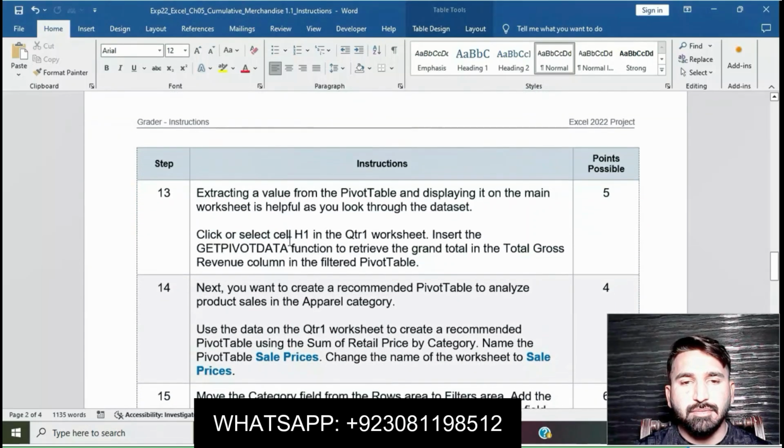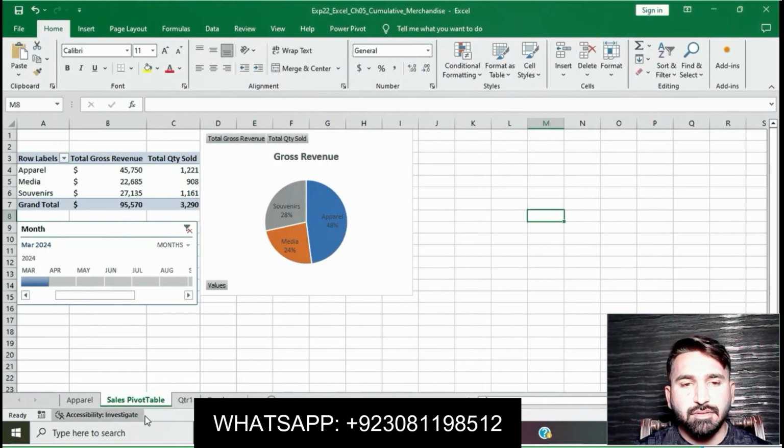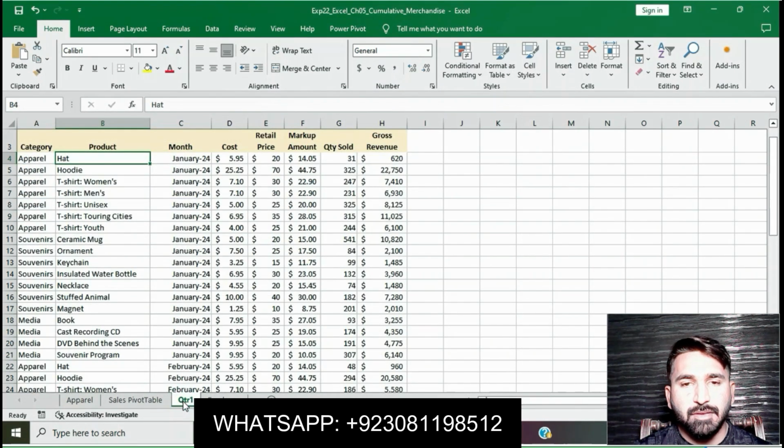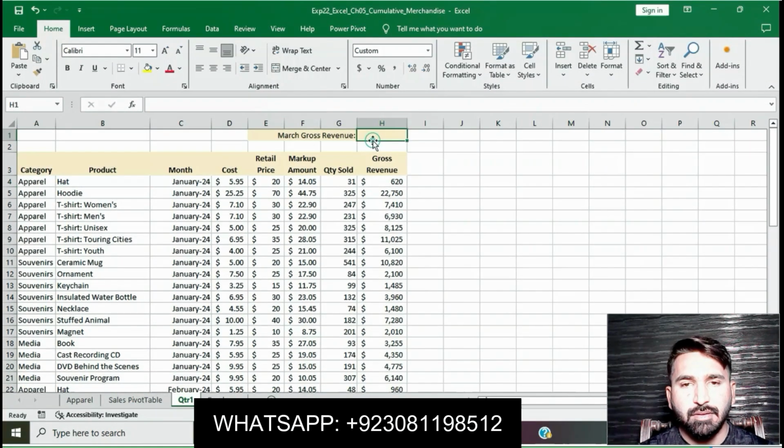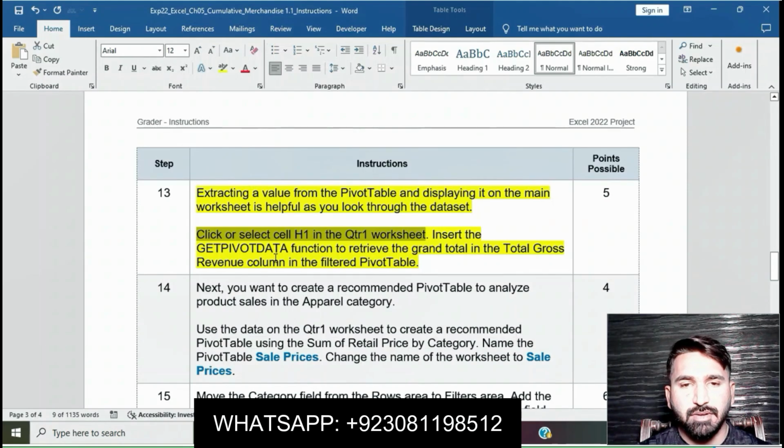Step number 13 is to click or select cell H1 in the QTR worksheet and insert the GETPIVOTDATA function. Go to the QTR1 sheet, click on cell H1. Basically in this step we will have to insert a formula in cell H1 using the GETPIVOTDATA function and return the current total in the Total Gross Revenue column in the filtered pivot table